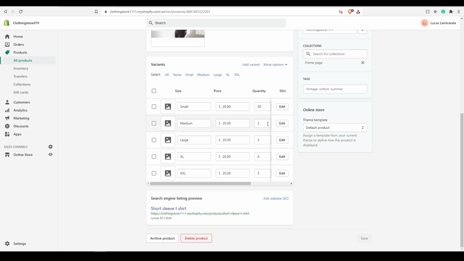In our next video, we'll be going over collections, adding tags to products, and heading back into the editor to